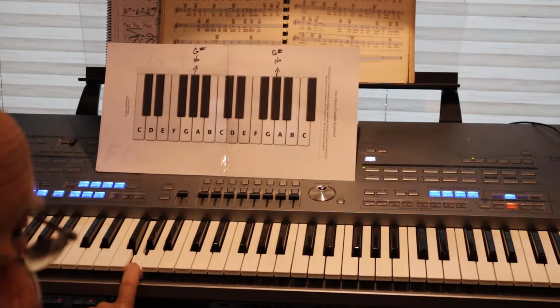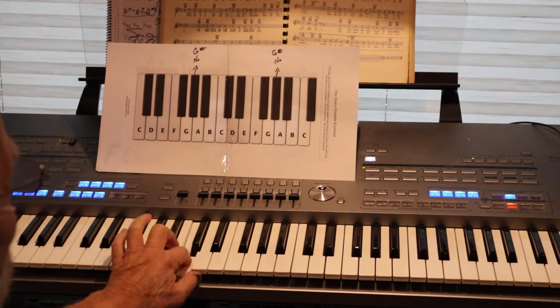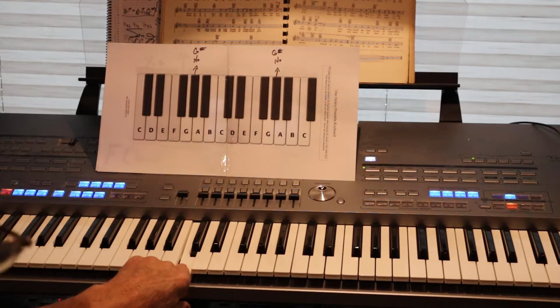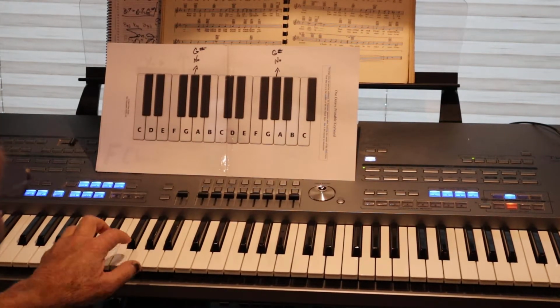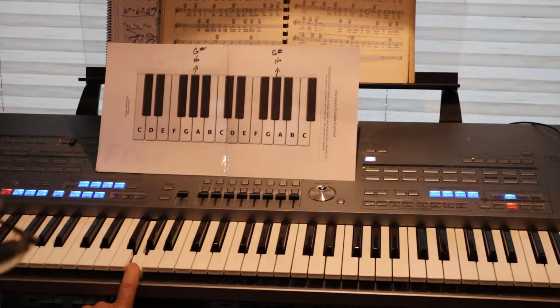Now we're going to do it 2 times on the F. Now I'm going to go back and do it 2 more times on the C. Now I'm going to do the G chord